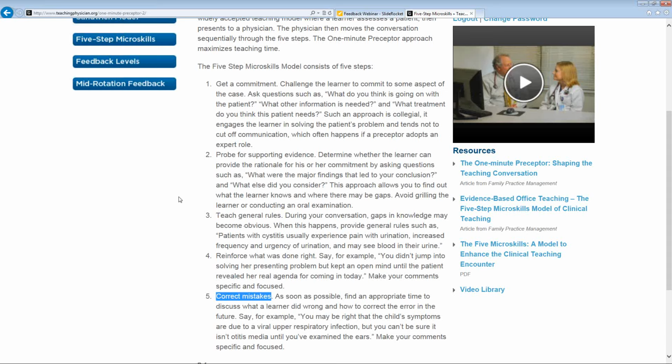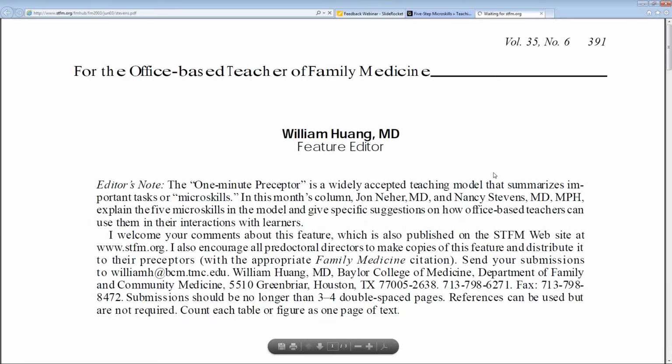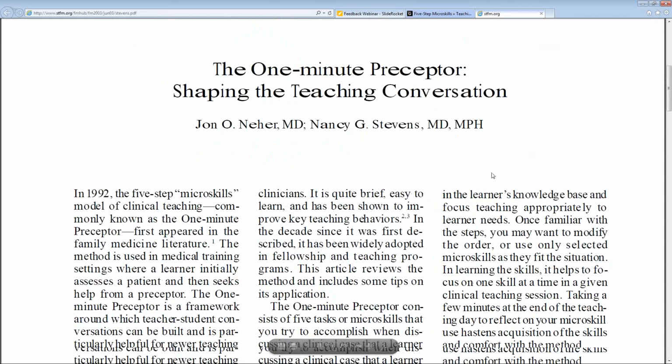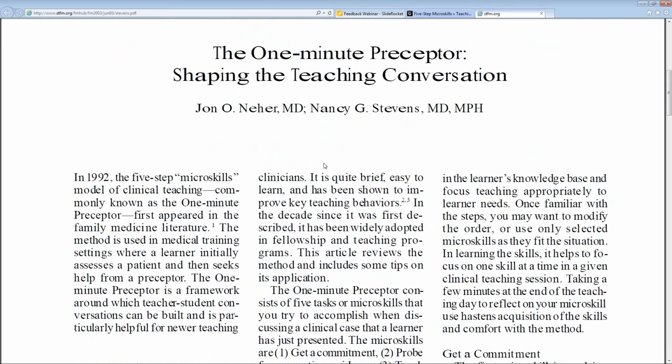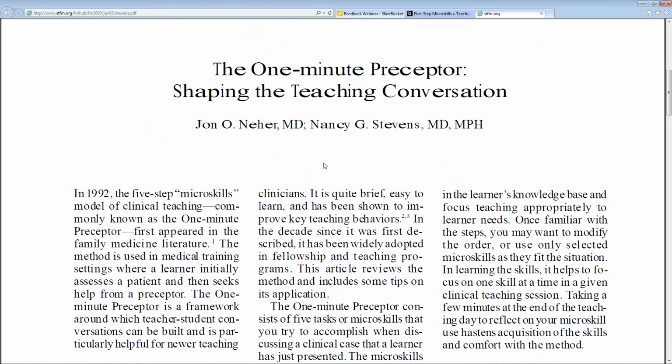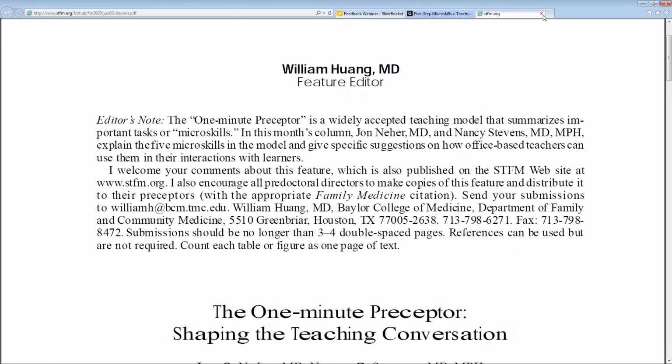Most faculty members, once they learn and apply this technique, can remember and apply the technique long after they've learned about it. So it really turns the small amount of teaching time that you might have and you want to do with a clinical learner into something very structured and very useful. And again, this is another article. It'll just link out to that page, and it goes over a little more detail about how to apply this concept that's been around since 1992, the 1-minute preceptor, the micro skills of teaching.